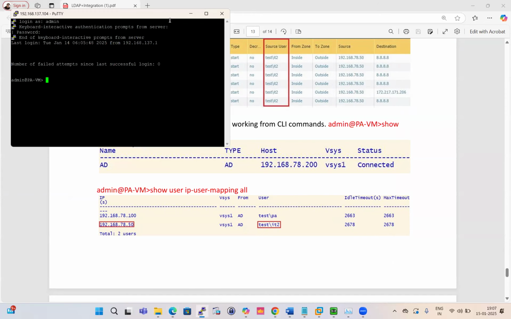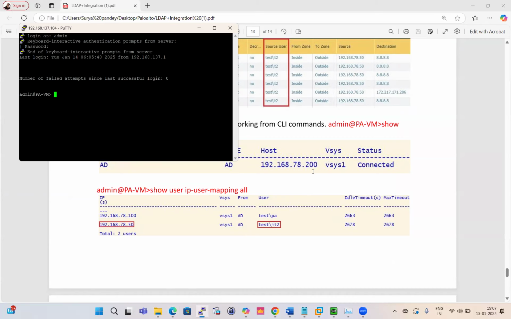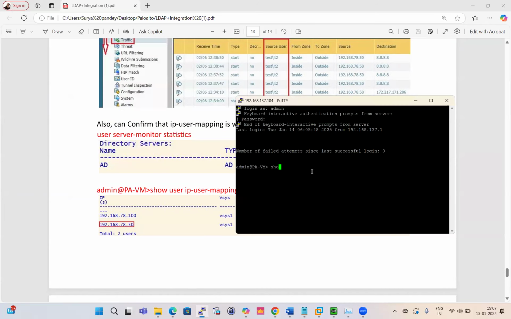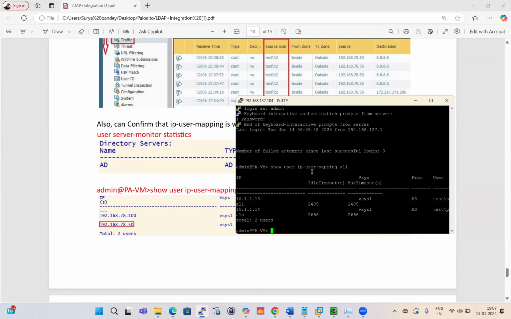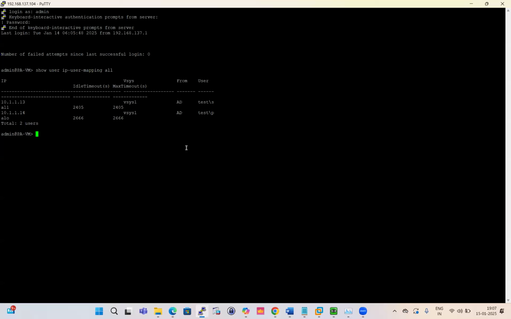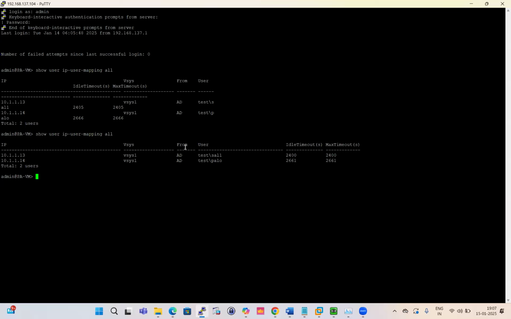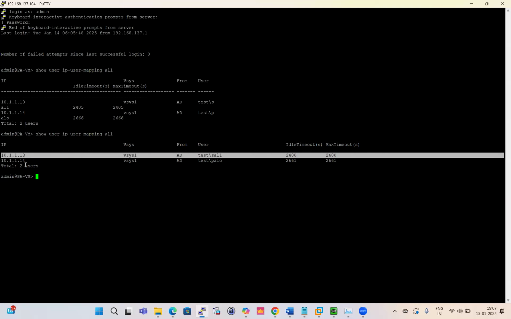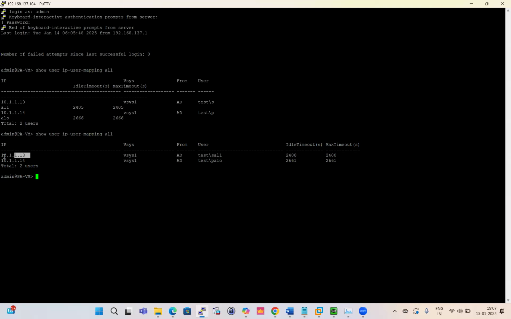Let me run this command. ये हमारा फायरवॉल। अगर एक कमांड रन करते हो, सो user IP user mapping all. Run again, see, हमारा सेल वन यूजर जो है उसका आईपी है 10.1.1.13।